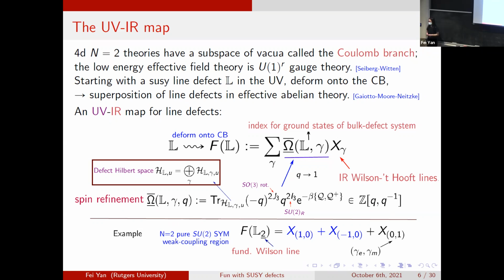Namely, consider N=2 SU(2) super Yang-Mills, so SU(2) gauge theory, supersymmetrized so that it's N=2. I go to a region far out on the Coulomb branch, in the weak coupling region, where the SU(2) gauge group is broken to U(1). Suppose I start with the fundamental Wilson line, the fundamental representation of SU(2). I wonder what this line becomes in the infrared in this weak coupling region. I will discover three different lines, and the first two lines in blue